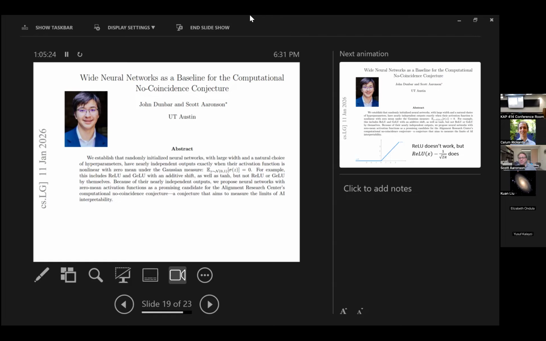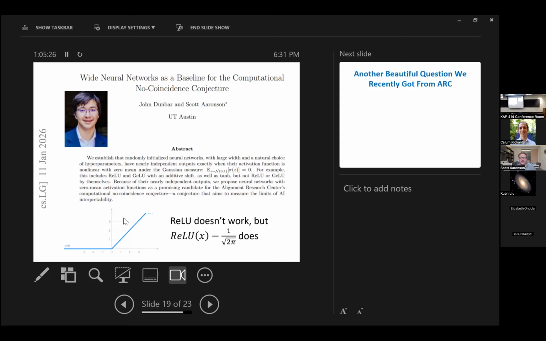So for example, the ReLU function will not work because ReLU, as you see in this graph, is a non-negative function, so its mean under the Gaussian distribution is positive. But if you take ReLU minus 1 over square root of 2 pi, then that turns out to work. So you just have to adjust by an appropriate constant to make the Gaussian mean 0, and then you can use Hermite polynomials, methods that were known in the theory of deep learning, to show that you get